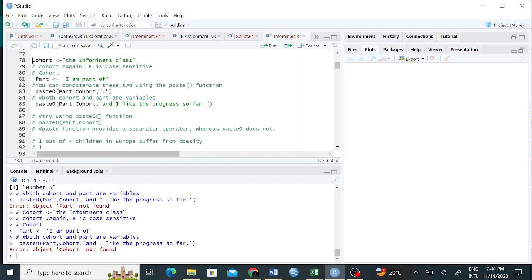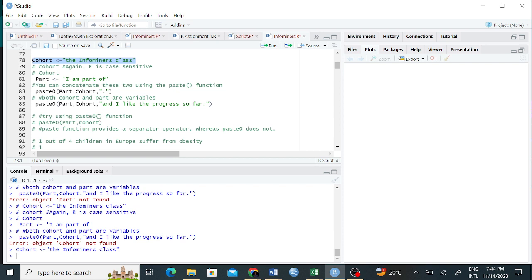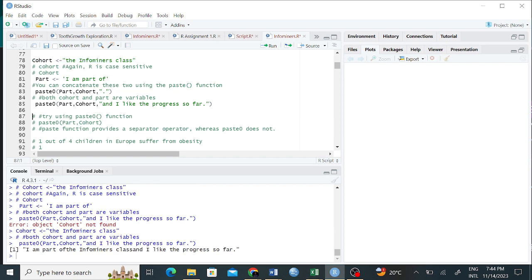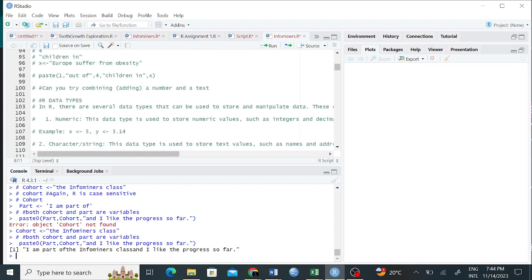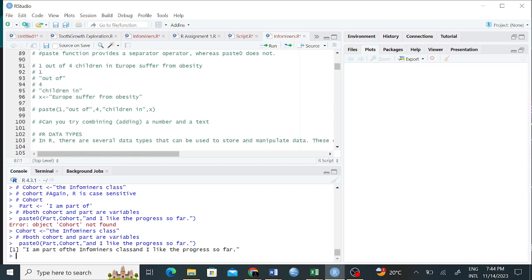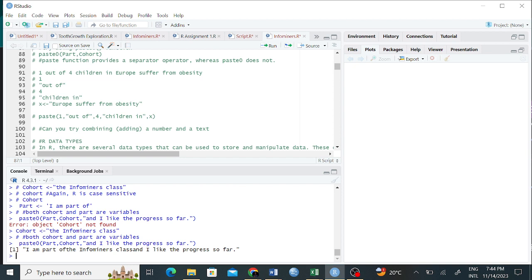Cohort was for the InfoMinus class. Then if you write this one, you can see I am part of the InfoMinus class and I like the progress so far. That is using the paste0 function.